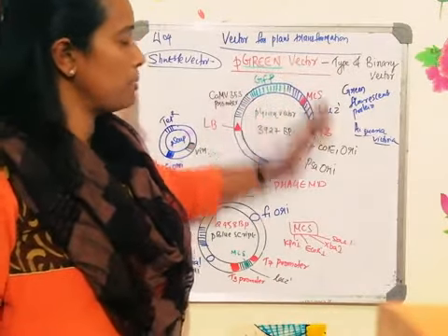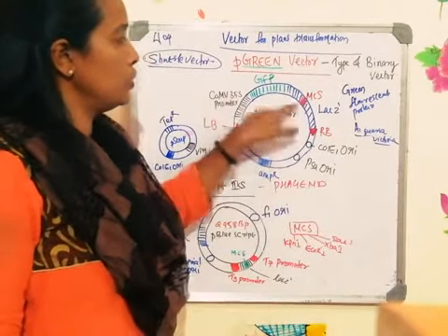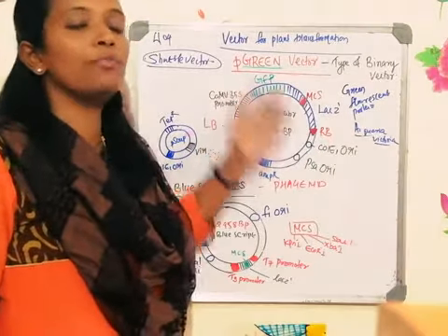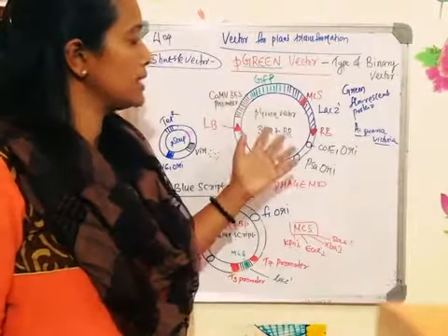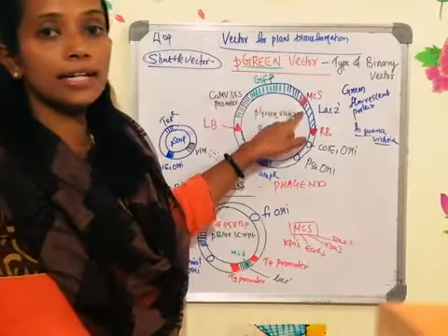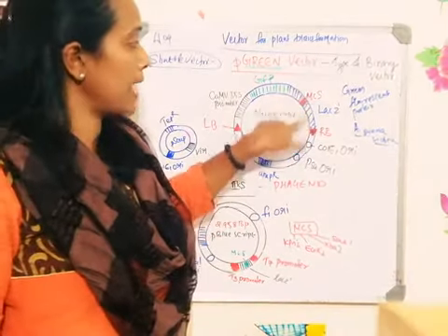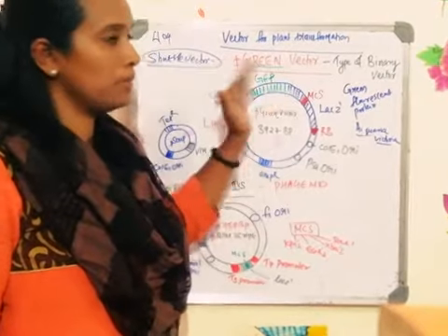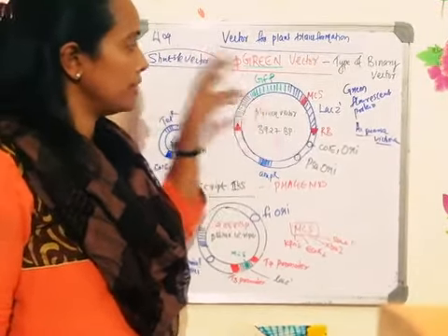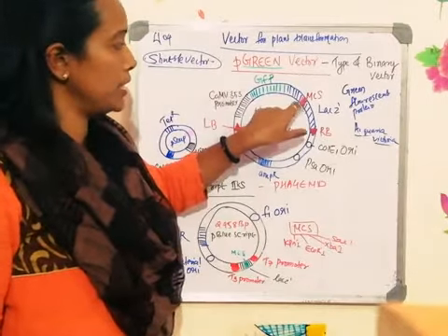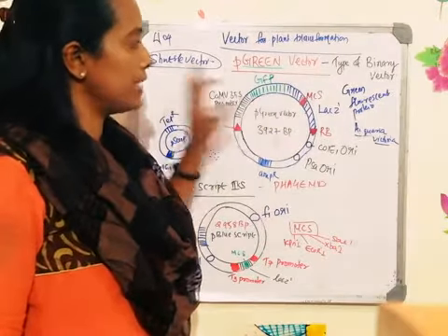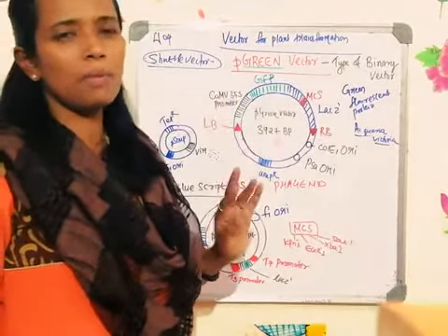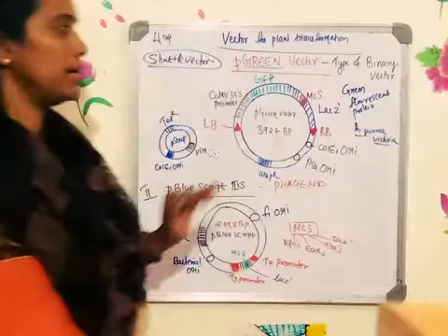You have to remove the plasmid again from Agrobacterium tumefaciens, do the restriction digestion, insert the foreign DNA, put it back into the Agrobacterium tumefaciens, and again go for blue-white selection. So when you go for blue-white selection, what will happen? The lacZ gene will get insertionally inactivated. Thereby, whichever bacteria has taken up the vector with the foreign DNA after the insertion of the foreign DNA in the MCS, they will appear which color? White color. You remember the blue-white selection; just to revise, brush up that particular topic so that you will understand.